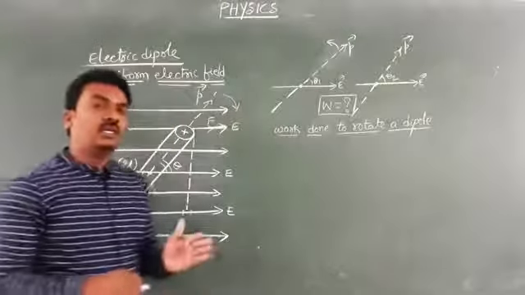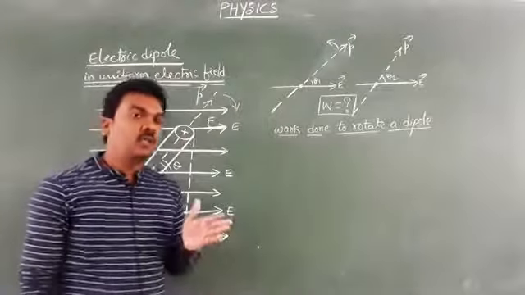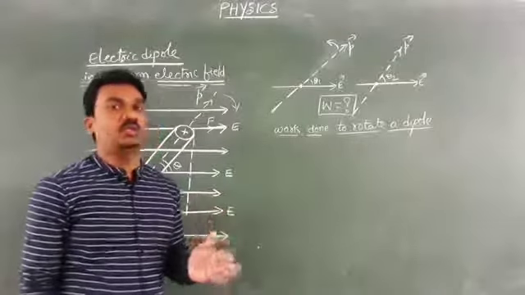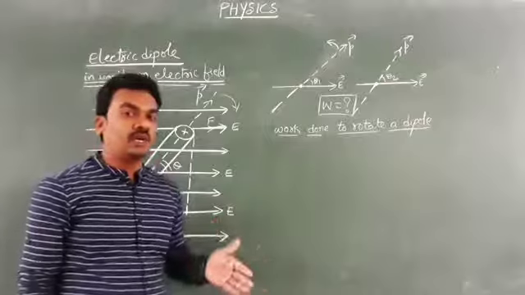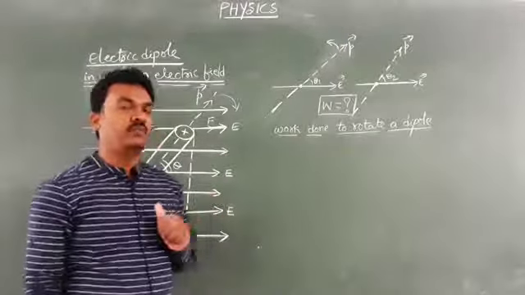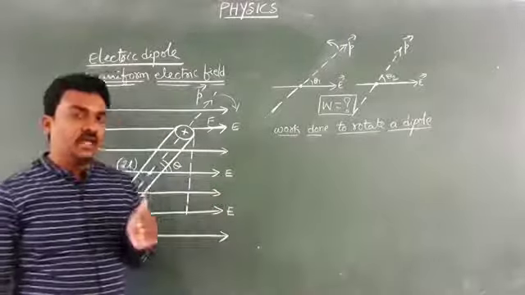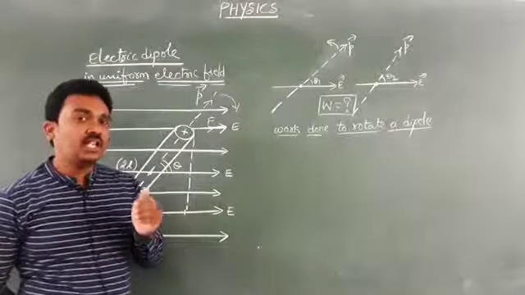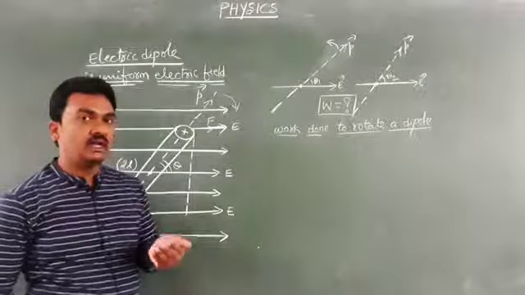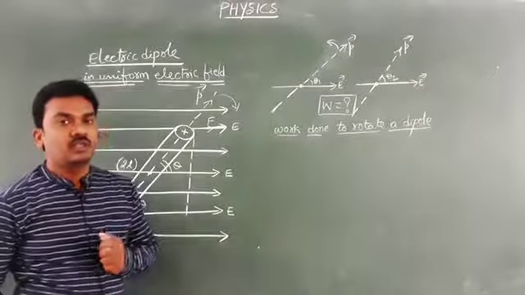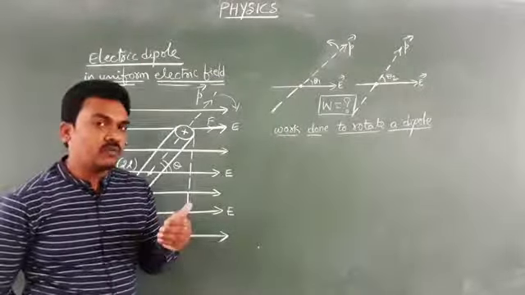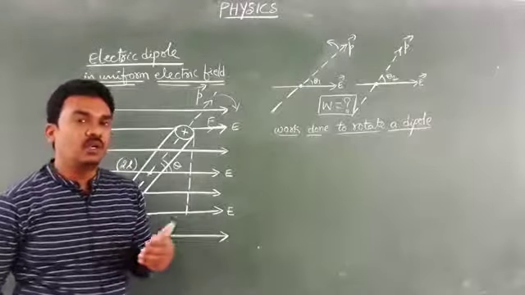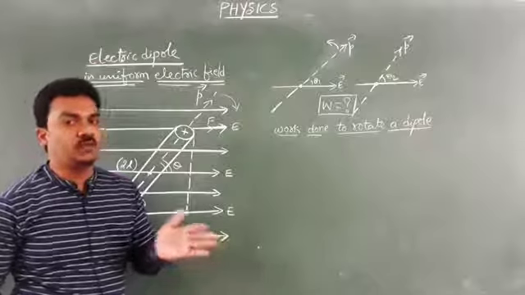Usually in translatory motion, the amount of work done can be calculated using the formula W equal to F bar dot S bar, of course F S cos theta, when a constant force is acting on the body. If the force acting on the body is variable in translatory motion, then the amount of work done will be calculated using the concept of integration. W equal to integral of F bar dot ds bar.